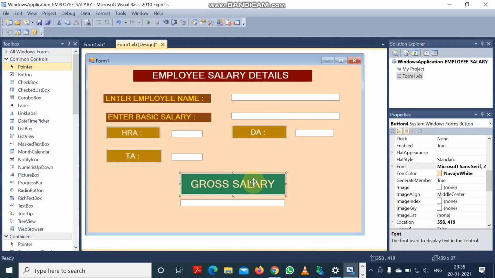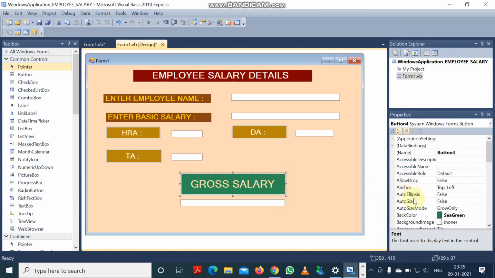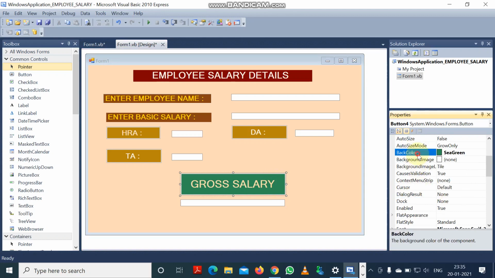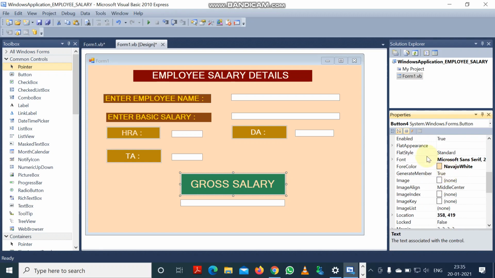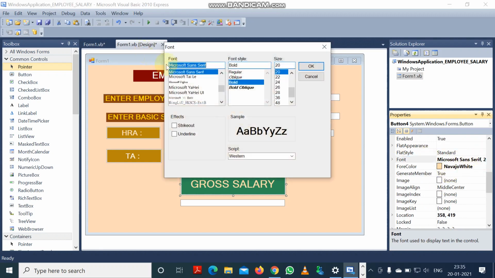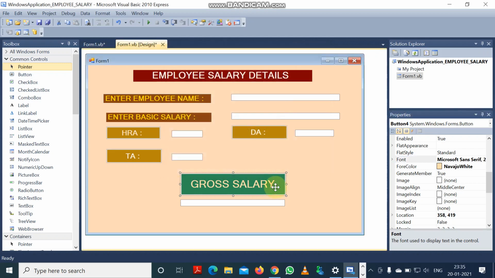And for the last one, I just enlarged the last button slightly bigger than the other buttons, and I did choose the auto size as false, back color as sea green, forecolor as Navajo white, and the text I wrote gross salary, and font I did choose, you can see, Microsoft Sans Serif bold and 20. And so thus the fourth button is